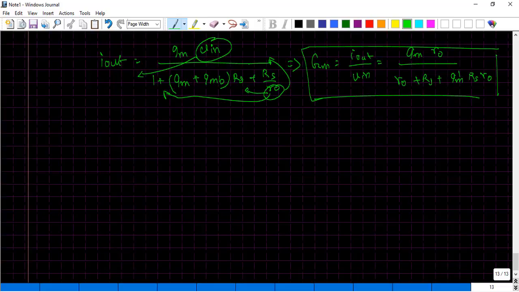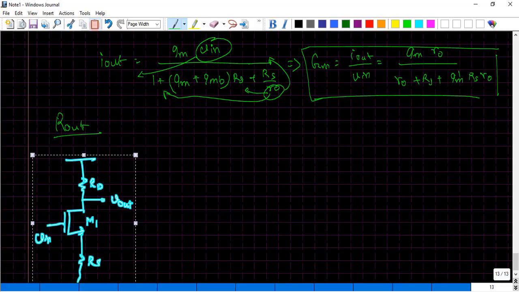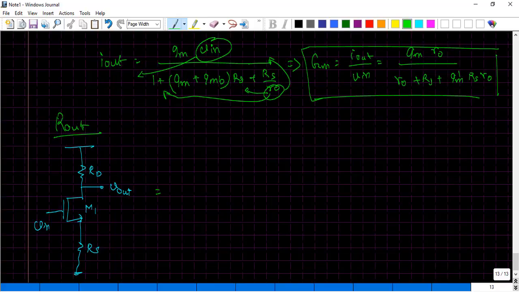Now the second part, in order to compute the gain, is to compute the output impedance. So it's nothing but our Rout. So again, let me try to put back the circuit here. So this time I'm not going to draw any small signal model. What I will really do is, whatever we have learned, we'll try to utilize that to quickly extract the Rout expression. So starting from the output node, when I look up, the resistance that I see is just RD, and when I look down, the resistance that I would see, I write it as Rx, and that could be defined as